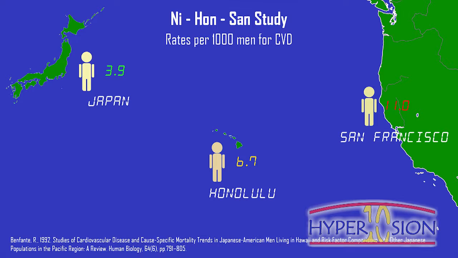Results found that the occurrence of coronary heart disease was highest in California, followed by Hawaii and lowest in Japan. This increased incidence of death by heart disease was found to be accompanied by parallel increases of levels of known risk factors, such as high levels of cholesterol and glucose in the blood, increased levels of saturated fat intake, increased body weight, and blood pressure levels.